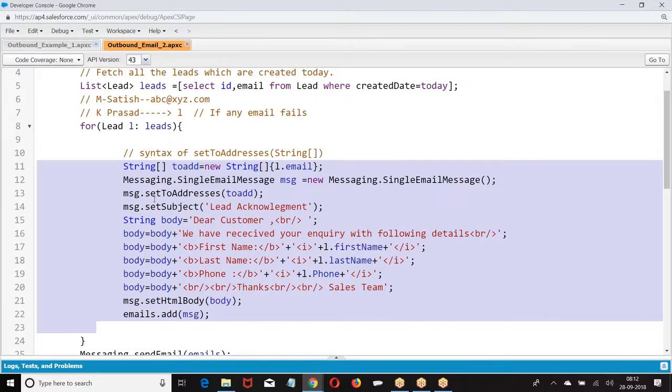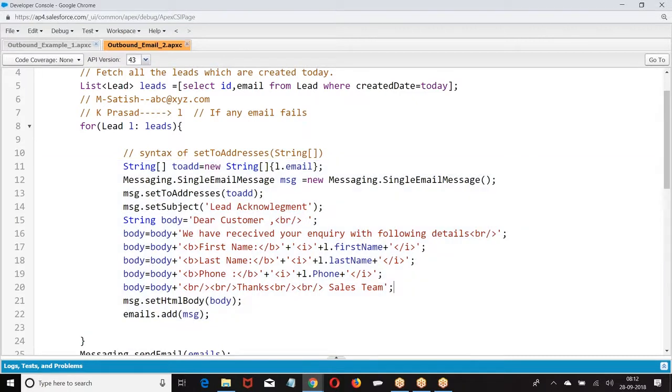If your data is there, in your body data will come. If data is blank, in the body data will be blank. My data will not be appended to another. My address will not be appended to another email address, because for every one lead, based on one lead record, one email is created. In the lead, if any data is missing, in this body data will be missing. Second lead, take the data, put it. I hope you got my point.